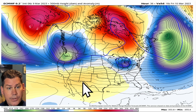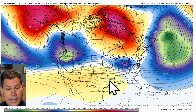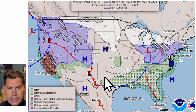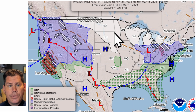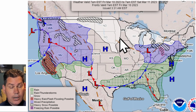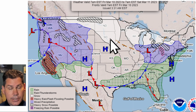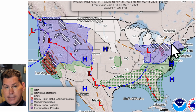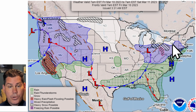And then the southern subtropical jet will be alive and active along a frontal boundary down here in portions of the southern plains. Look at the setup for today. You've got that northern side of the polar jet activating snow across portions of the Dakotas through Minnesota, as well as into Wisconsin, into Michigan, and then lighter amounts as you extend into portions of the